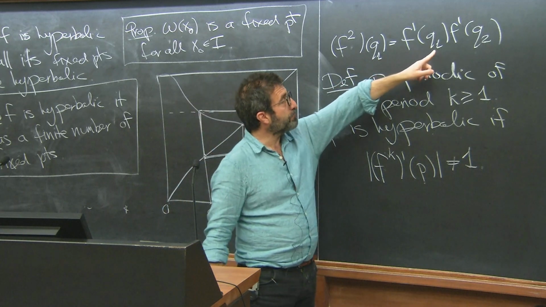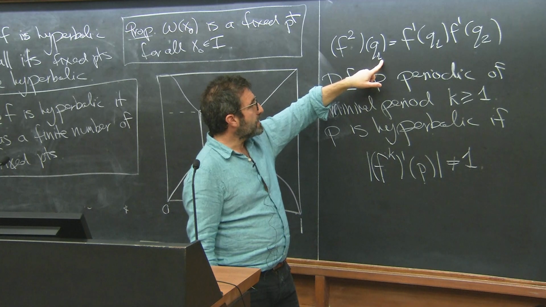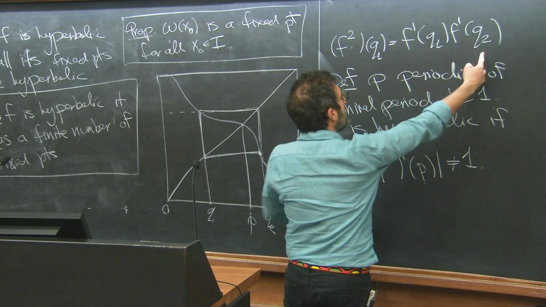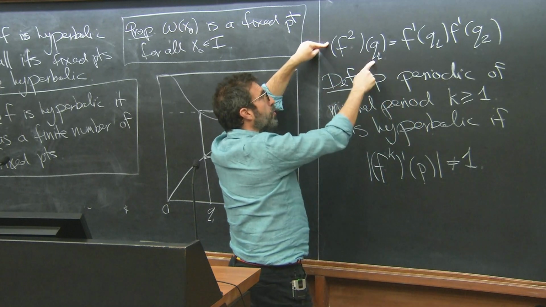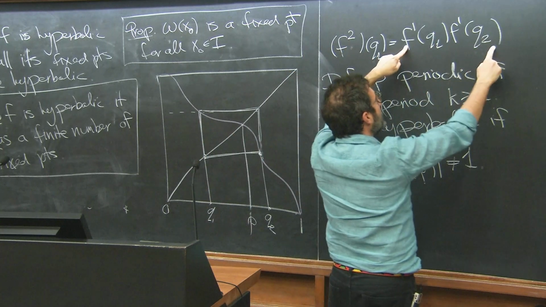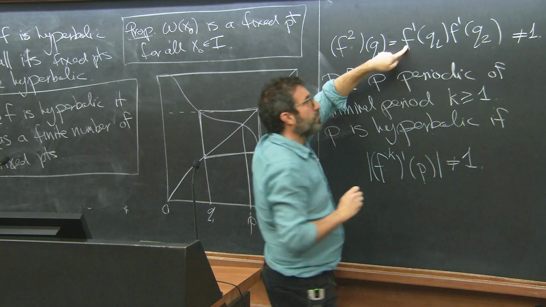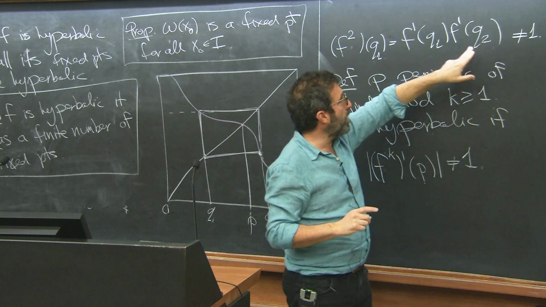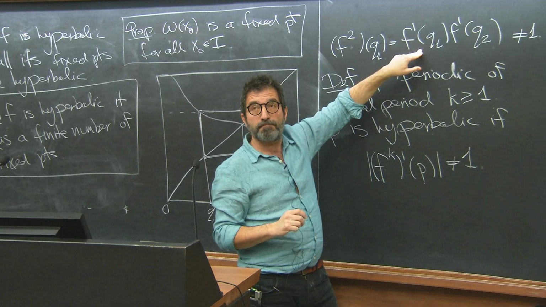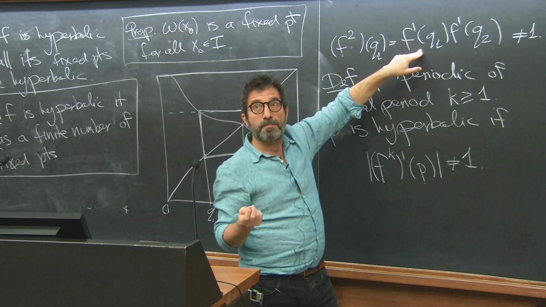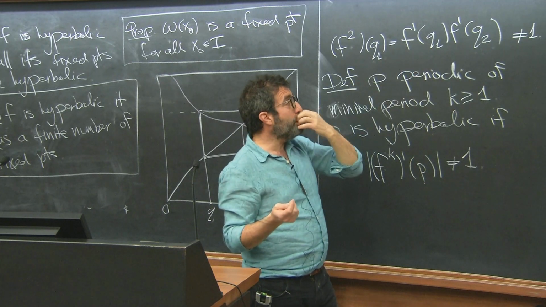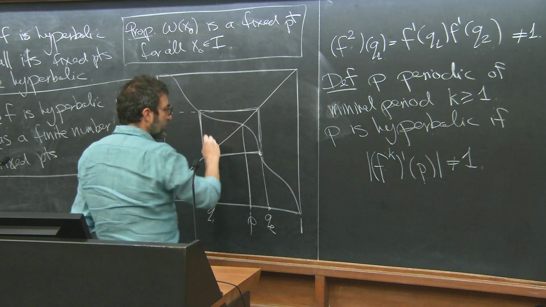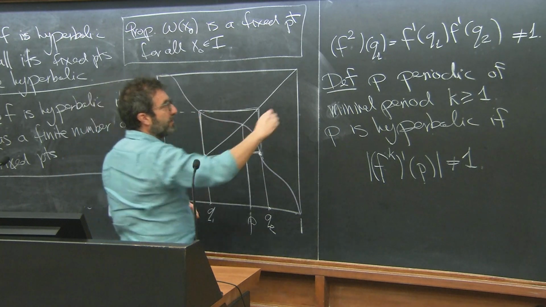Okay. Now notice that in general, if P is a periodic point, there are several points in the period, like in this case, okay? So this point Q1 is hyperbolic if the product of these is different from 1. So is it possible that the product is different from 1, but one of these two is equal to 1? Yes. Exactly, it's possible. So you may have that the product is different from 1, which makes the point hyperbolic, but it may be that if you look at this point, I say actually, okay, this one is -1,